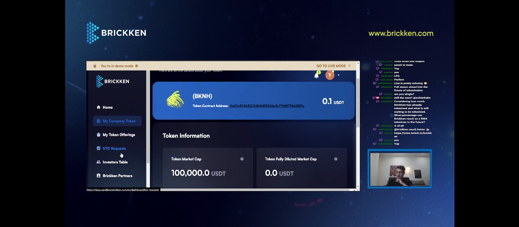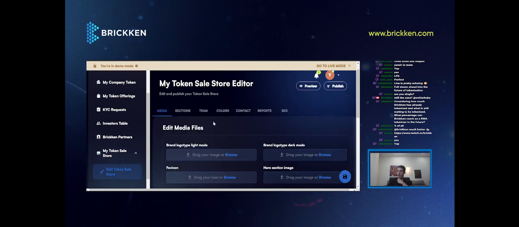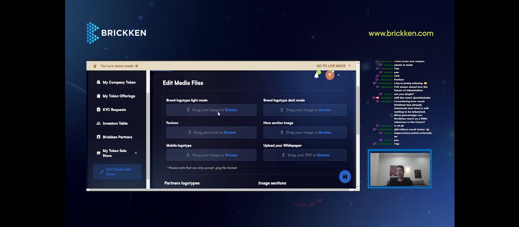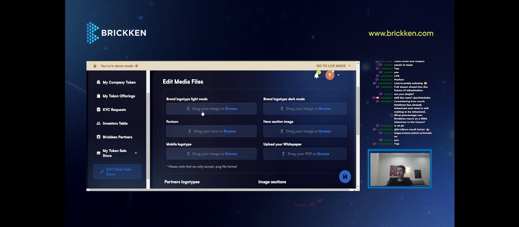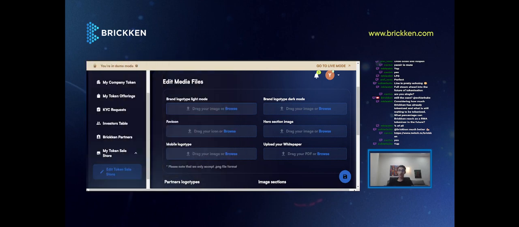So now let's go back to the token store, which is the front end that we should build to link with our token offering. All of that is done automatically by our platform. All you need to do is to submit the information and the files. Let's go for,